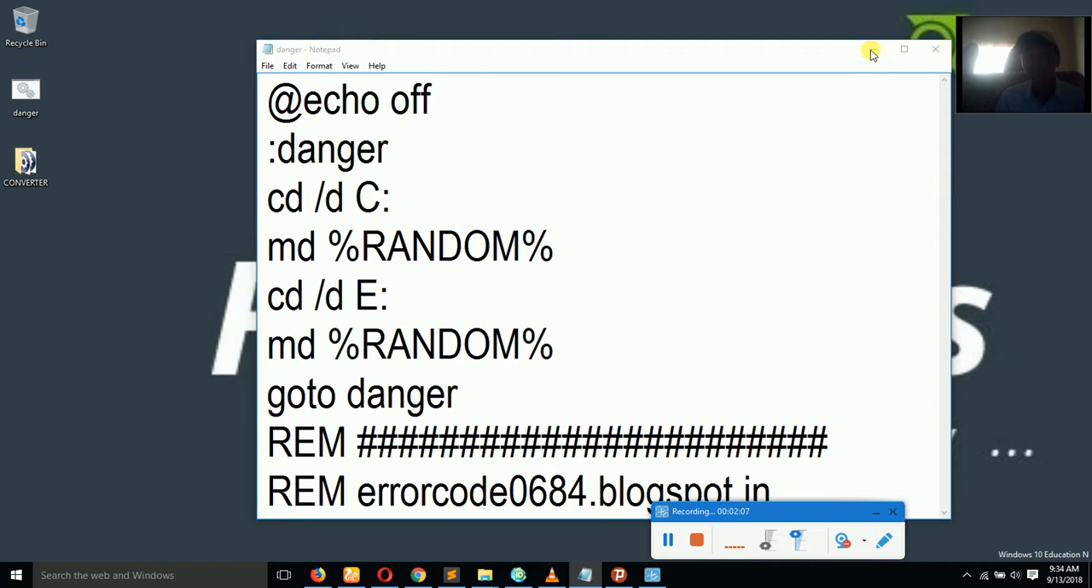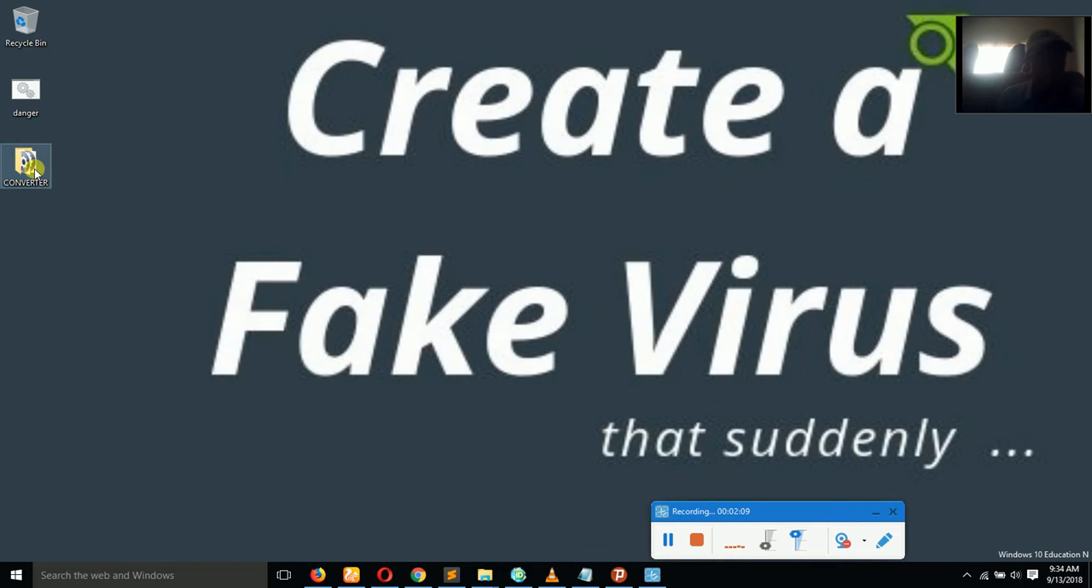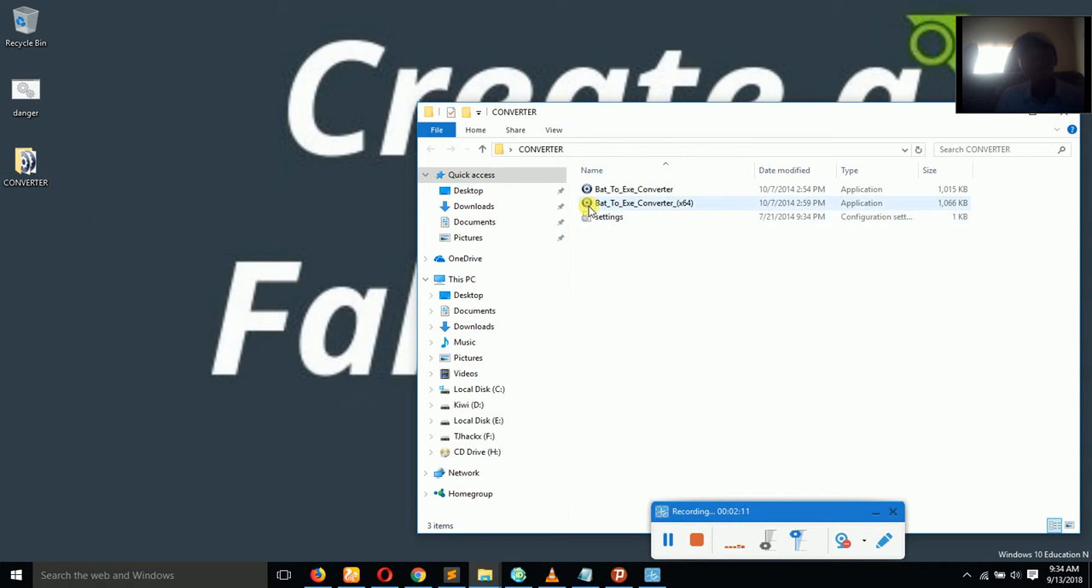So you're going to get this converter that converts a bat file into .exe file. So I'll leave this in the description so that you can get a copy of it. So if I open this converter